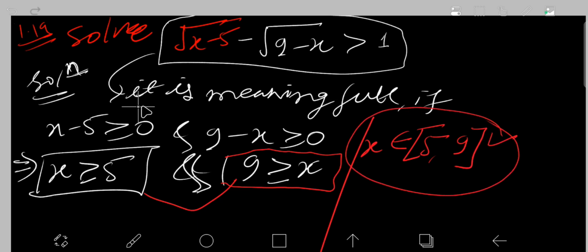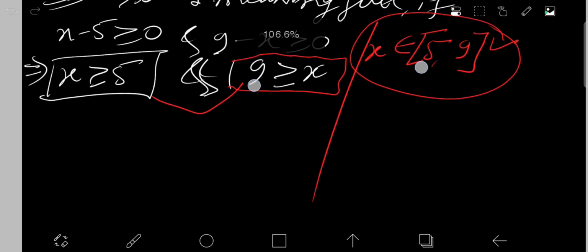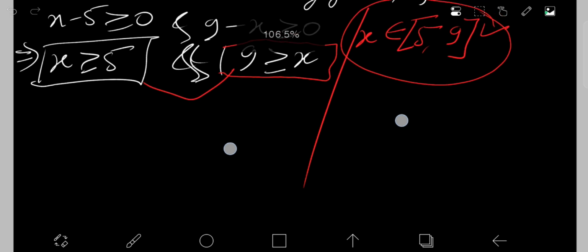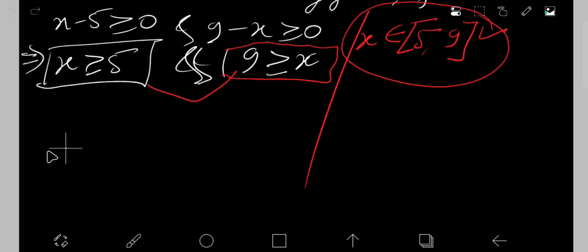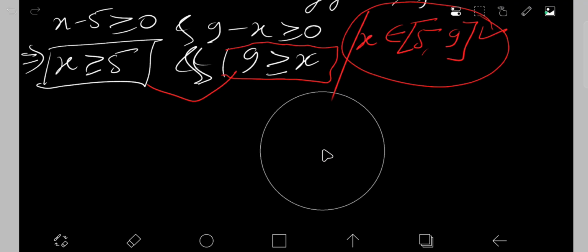But now we check which values are integers. In the question it is given that x also belongs to Z, meaning integers, so we take only integral values. So we write the possible number of solutions. What is the possible number? The possible solutions are of this type.